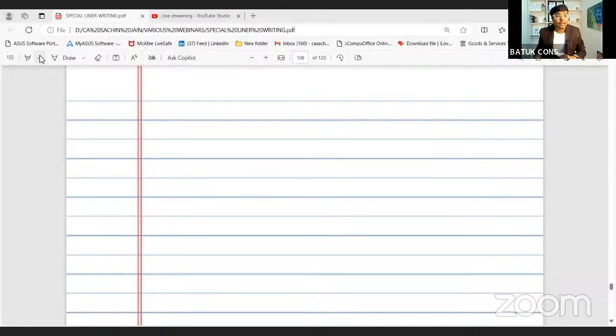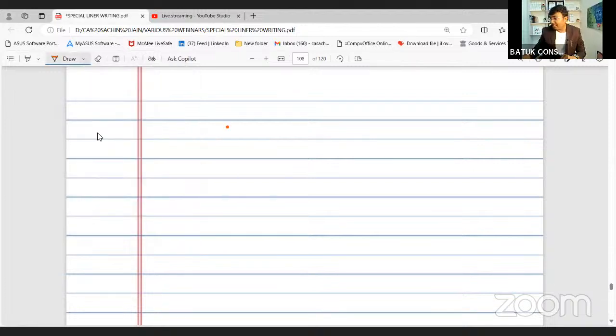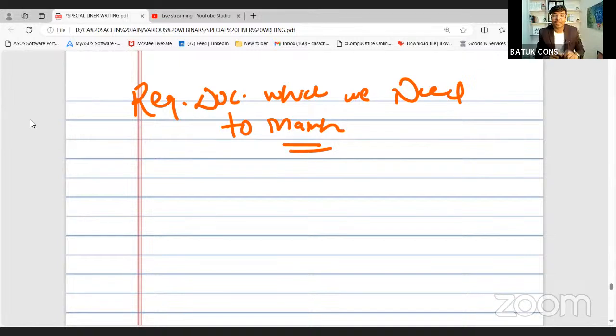Now, as we are saying that documents are very important and we need to maintain the documentation, the question is: what are the required documents which we need to maintain? So the first two documents which are very essential, very much required. First is my appointment letter. Second is my